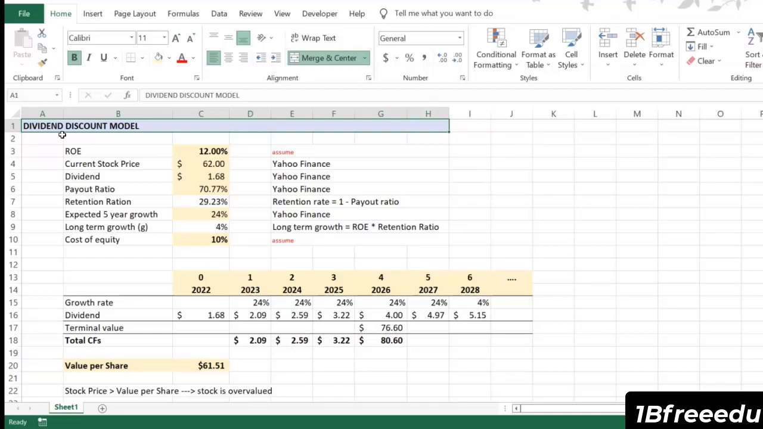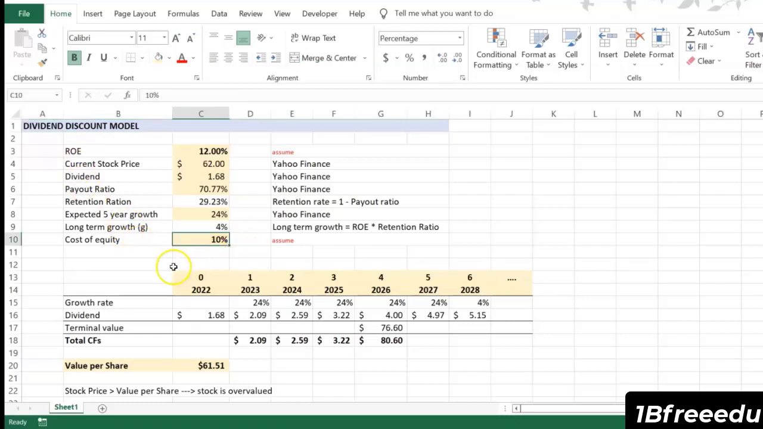In this example, we have a share price of Coca-Cola, and we perform a dividend discount model. To determine this value per share, we need a few parameters, but we also make some assumptions. Primarily, our cost of equity we assume to be 10%, and the return on equity we assume to be 12%. Everything else we can get online on Yahoo Finance. So the current stock price is $62. The dividend for each share is $1.68. We have the payout ratio of